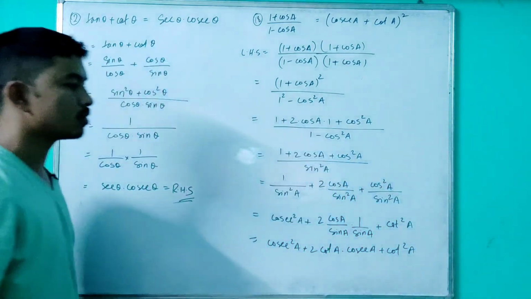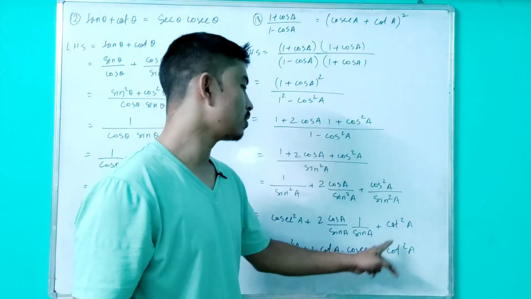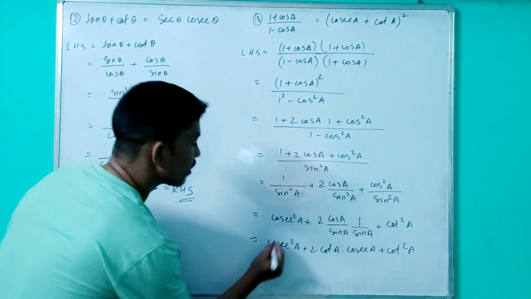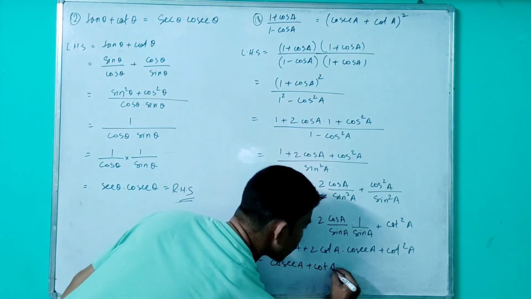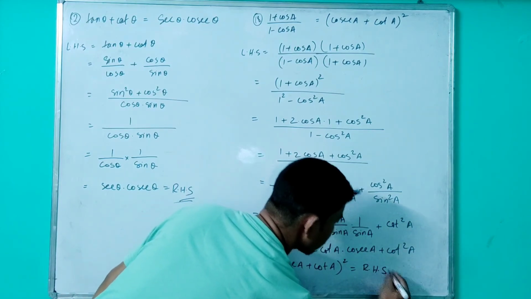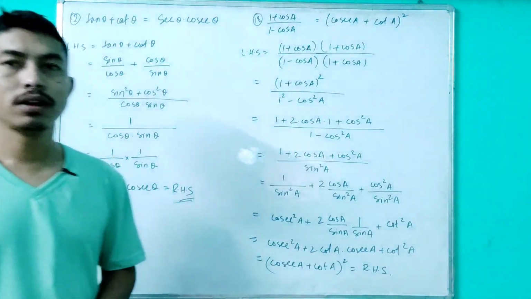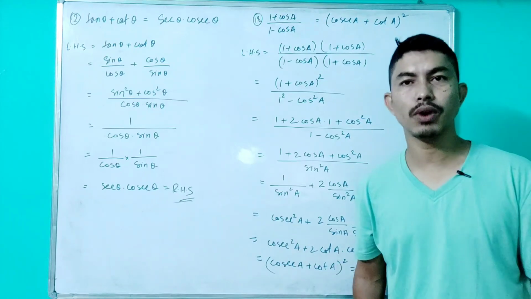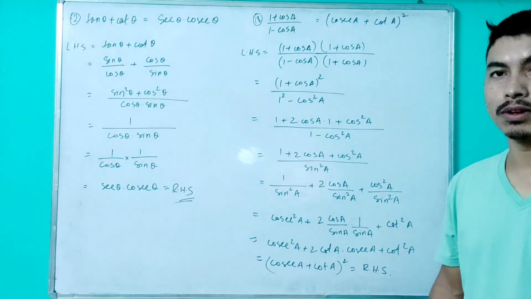Now if you look closely at this expression, I see A square plus 2AB plus B square, which is the formula of A plus B whole square. So here I will write it as cosec A plus cot A whole square, which was required to prove the given identities. Okay, so this is how we prove simple trigonometric identities. So please, dear student, solve the first two exercises of your book so that we may proceed with the trigonometry chapter. Thank you.